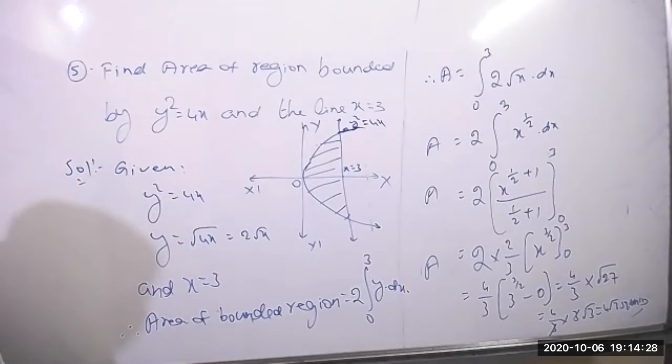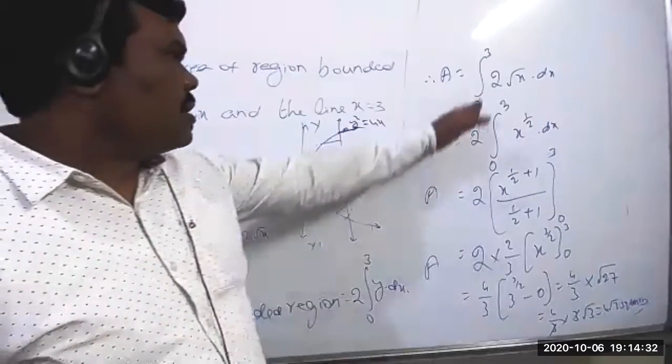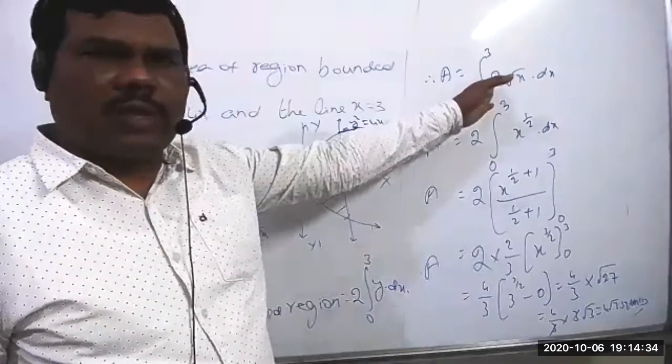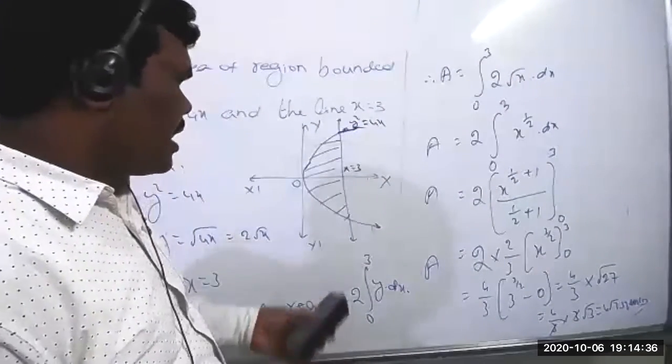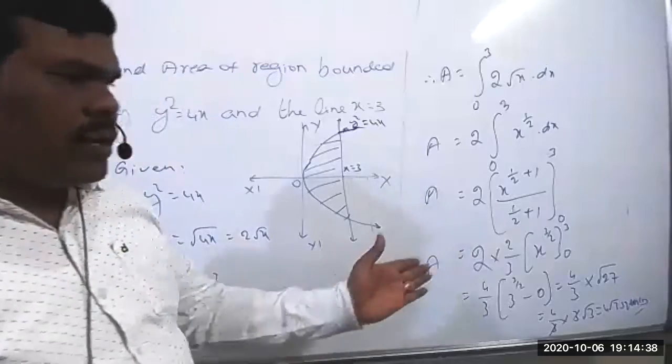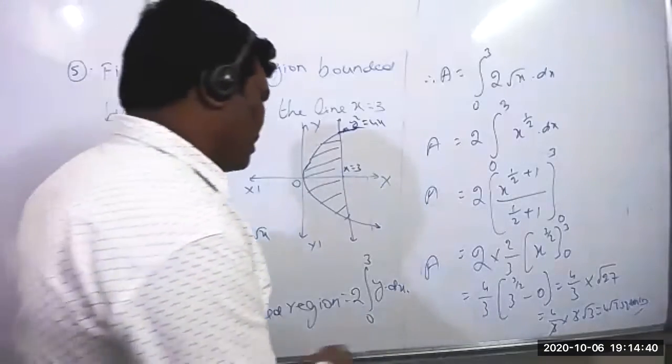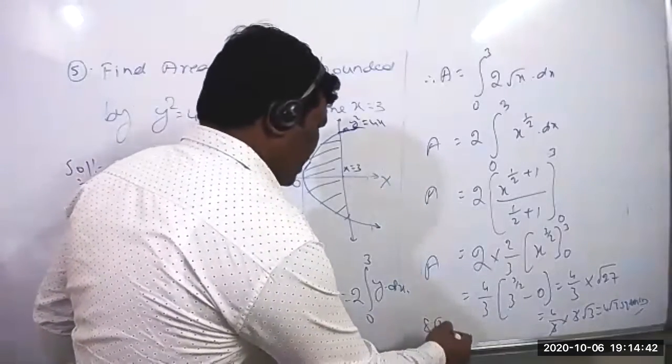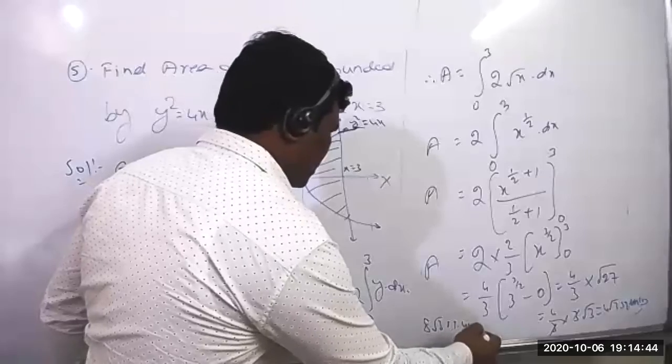I think we are not taking 2. No, sorry, you have not taken 2, sir. Yes, correct. The 2 is 8 root 3, sir. The function itself, 2 is the constant. Yes, sir. Here is the bounded region, then what do you get? 2 is 8 root 3, sir. 8 root 3 square units.